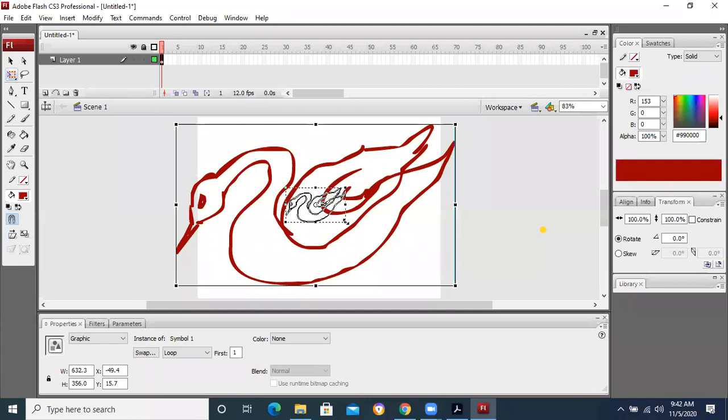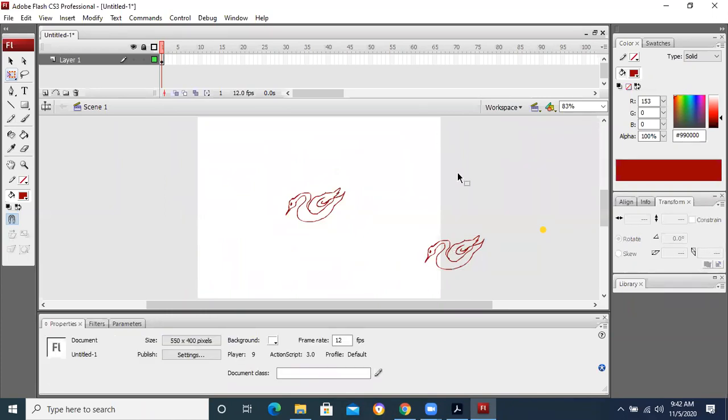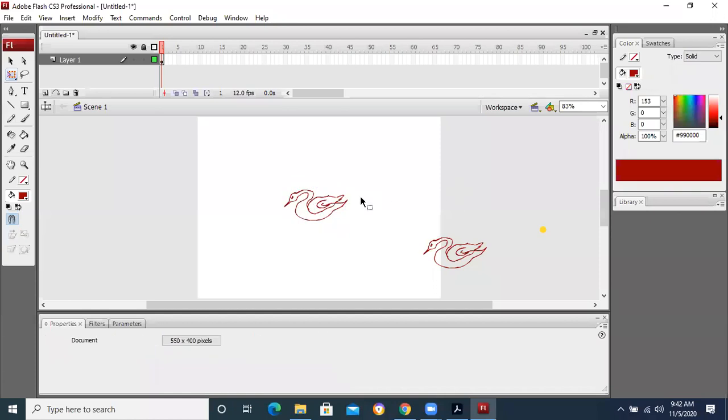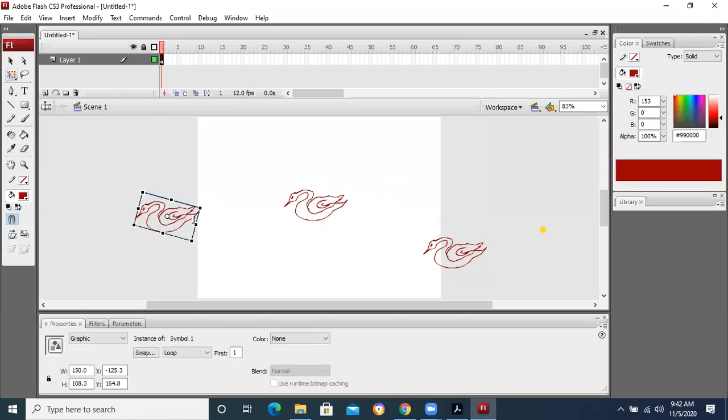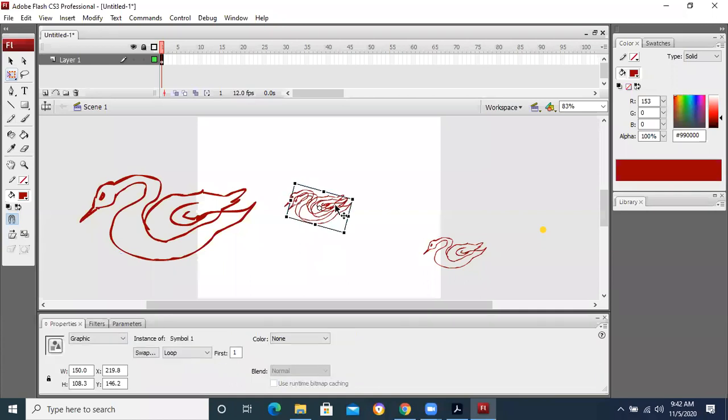I can make it small, and then I can make copies of it accordingly. I'm just telling you the use of the paint brush tool.